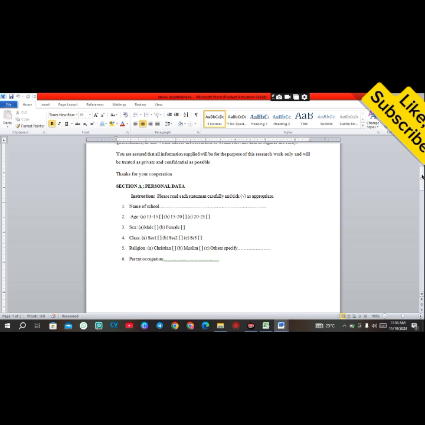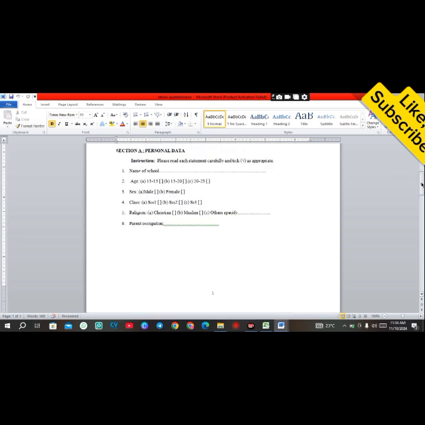Now, take for example your questionnaire has been administered and you want to analyze it. This is a typical example of a questionnaire that I did for one of my clients. As we can see, we have our name, the name of school, and the age. This age is close-ended. We have the sex, the class, the religion, and the parent's occupation. If we move downward a little, we also have